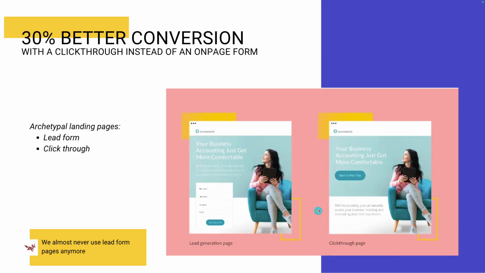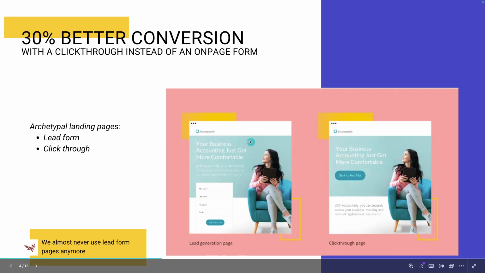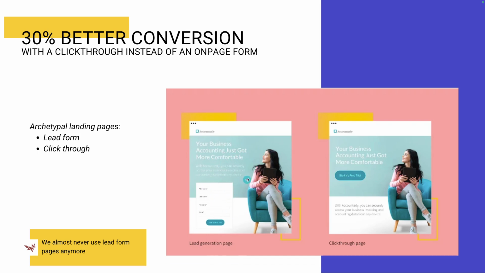Lots of different theories about it, but I think the main theory is that this is just a bit too confronting, and by the time people get here, they think, okay, great, I've seen that, and they don't want to convert. Whereas this one here gives them what they want front and center. It's just a little bit simpler because the text that's on the button here is usually describing the thing that